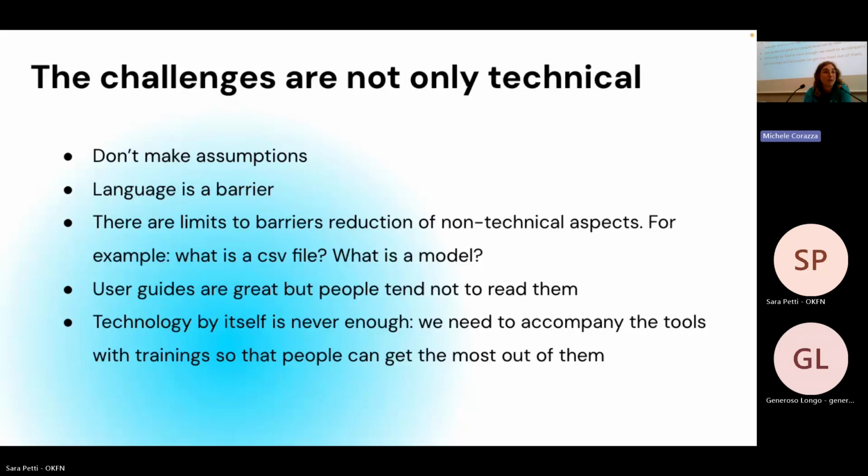In our case, I'm not a person with a very technical background, but there were a lot of words that we were using that made sense to us, made sense to the communities we were interacting with, but were very scary for people using the application for the first time. Whenever they were seeing data validation, which is basically the only thing that this application is doing, they didn't understand what data validation was. When they saw something like execute a task, people were like, execute in what sense? What is happening here? And these are just some examples. So the choice of words must be deliberate and must be as inclusive as possible.